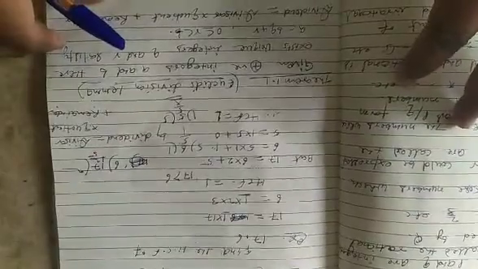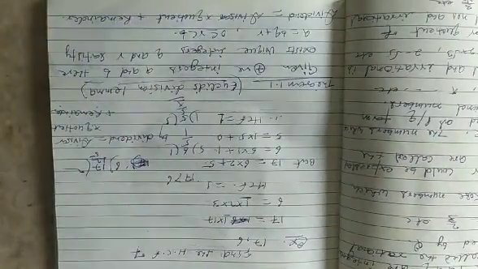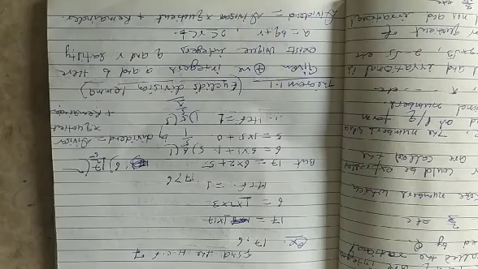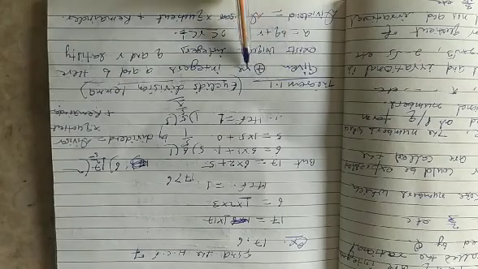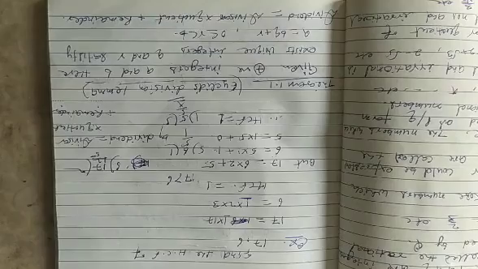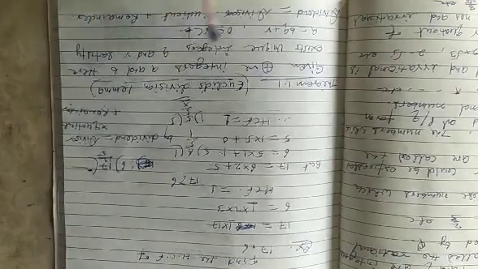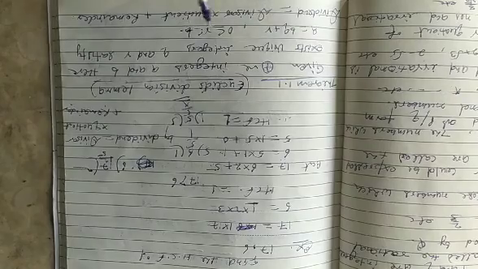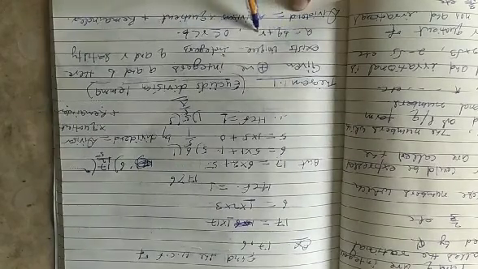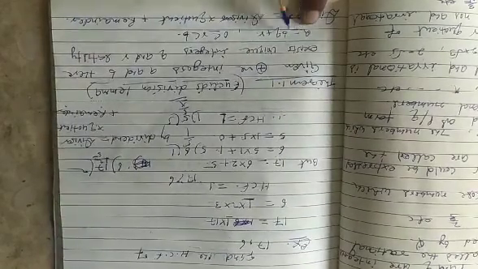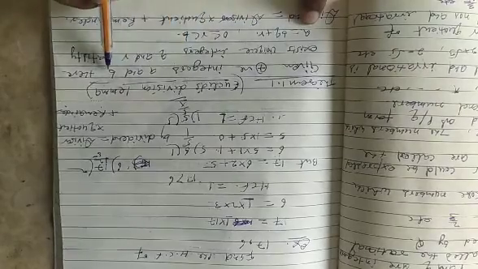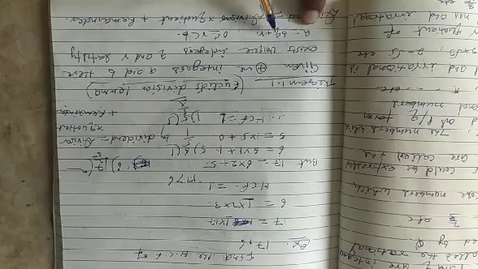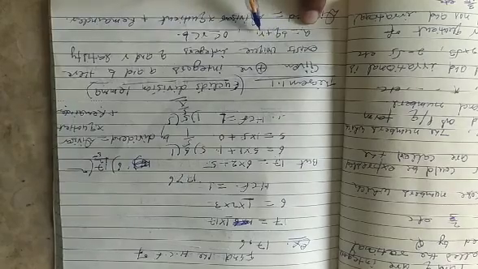After that, you see a very important theorem, Euclid's division lemma. This theorem is numbered 1.1. Given positive integers a and b, there exist unique integers q and r satisfying the condition a equal to bq plus r. Here a is greater than b, so a divided by b gives quotient denoted by q plus remainder r.